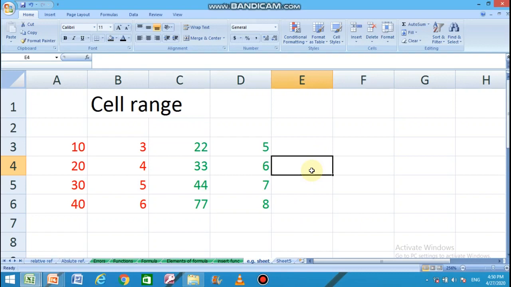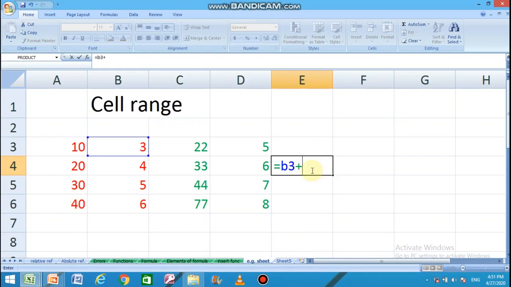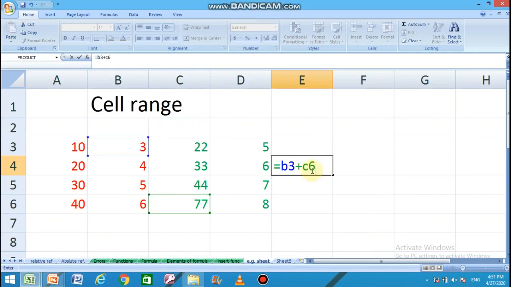For example, is equals to B3 plus C6. If we write like this, it will add B3 and C6 only. Means 77 will be added with 3.